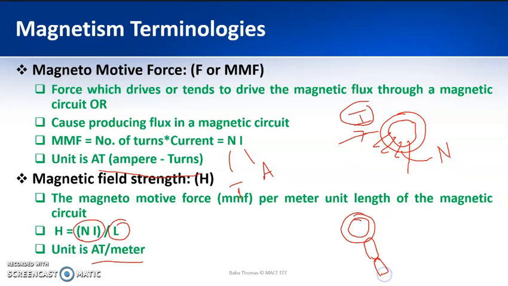That means it is inducing or transferring the magnetic property to other magnetic substances, so these also become like small magnets. That is magnetic field strength.